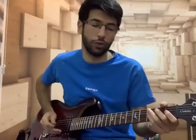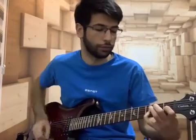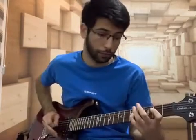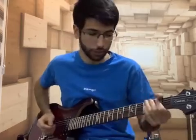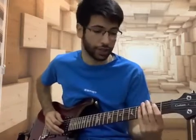Alright, so the chord is the same chord. What is different is that the last part that we had to get used to in the last bits, we're not going to do that anymore in this part. Instead, we're going to be doing this. So we don't do the last two strums that I did. Instead, we're just going to be jumping to the next lick, which is...